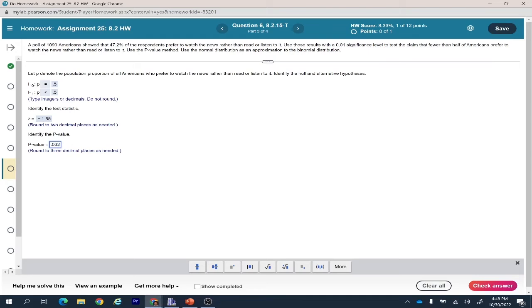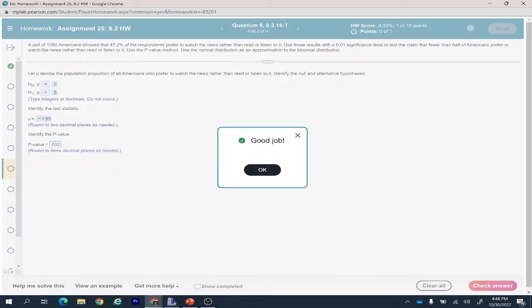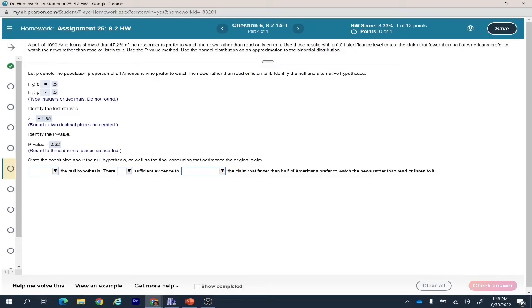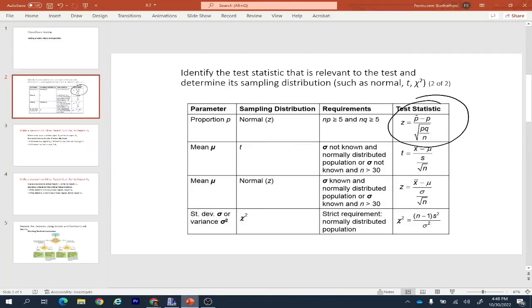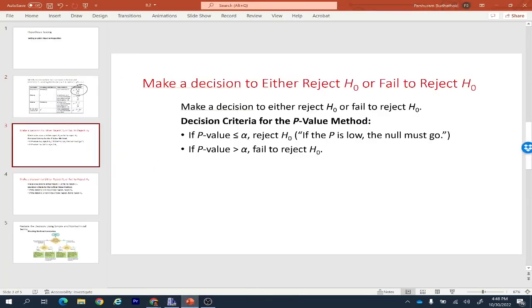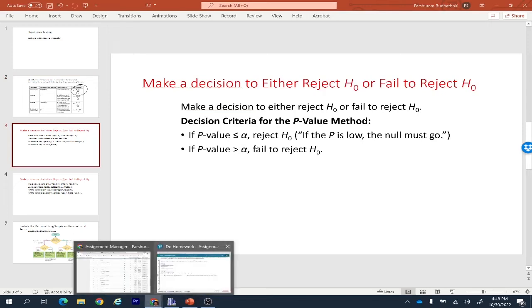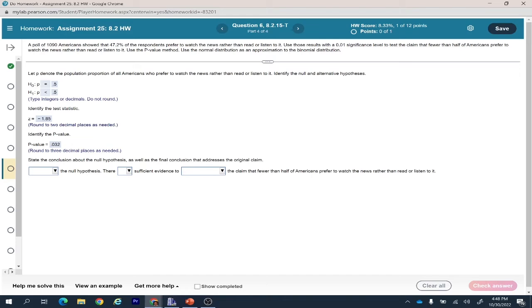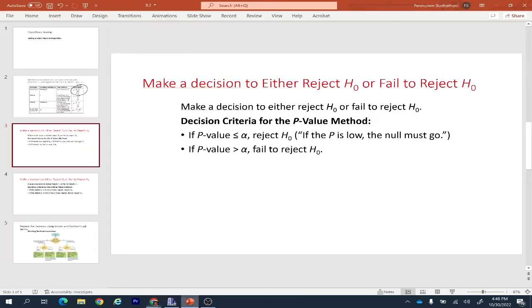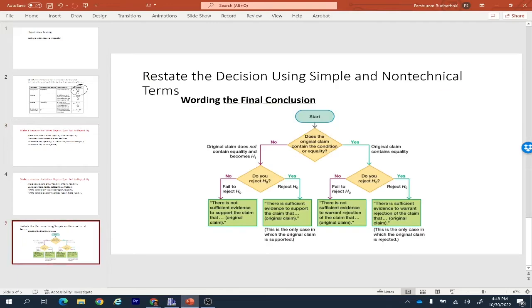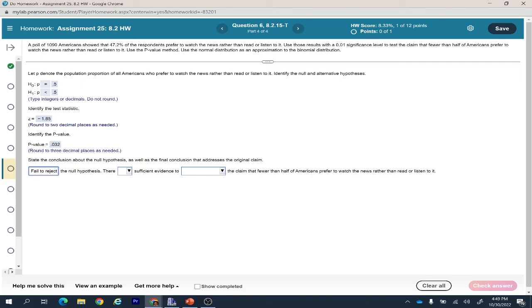0.032. That's the p-value. Now, as you can see here, the p-value is greater than what is this? It's the significance level. So when you try to make the conclusion, you have to use this one. If the p-value is greater than alpha, fail to reject the null hypothesis. So the conclusion is fail to reject the null hypothesis. Whenever you do that, look here, you can use one of these options. So we're going to choose from those options here. So look at here. Okay,